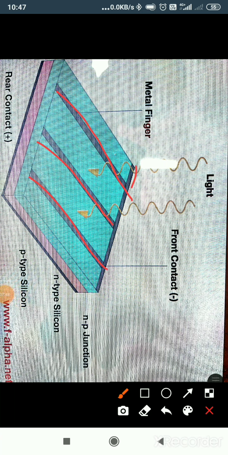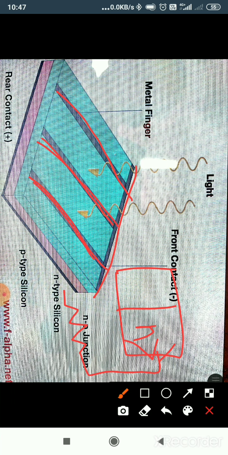The reason for adding this metal finger is, we know in the case of a P and N region, when electron concentration increases, the electrons have to move to the external load. The electrons will try to accumulate at the same point, and because of the same polarity there will be an increase in resistance. In order to avoid that, we use a metal finger. For example, if there is an electron here, it will get attracted towards this metallic electrode. That absorbed electron forms an external contact.